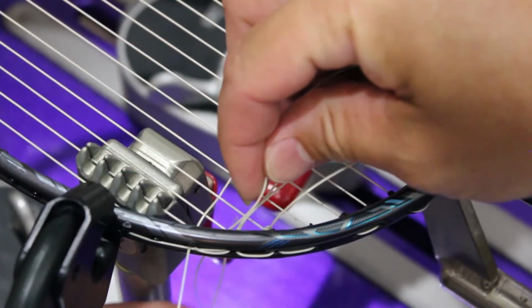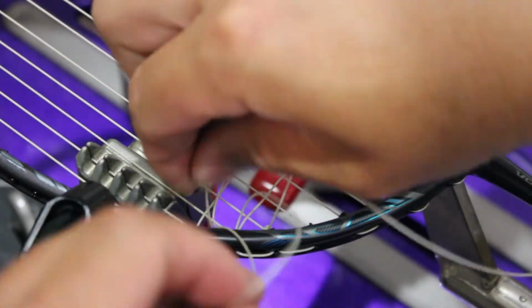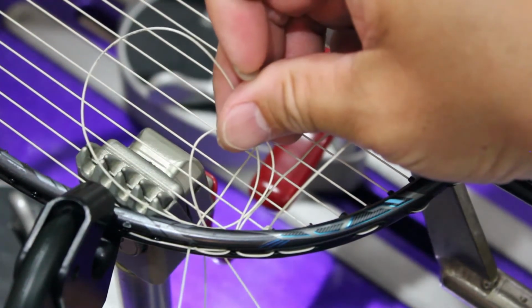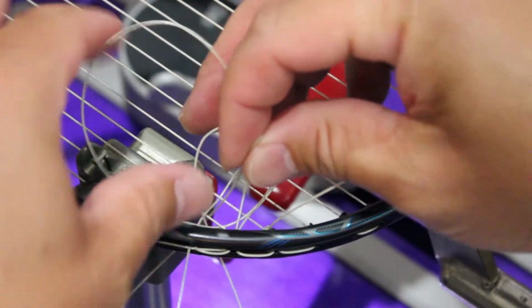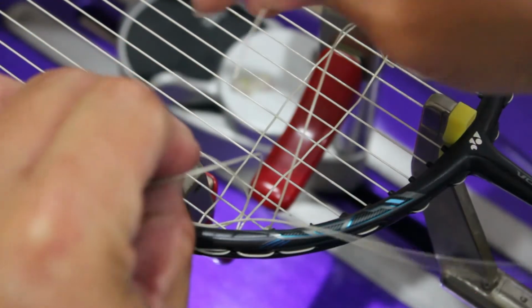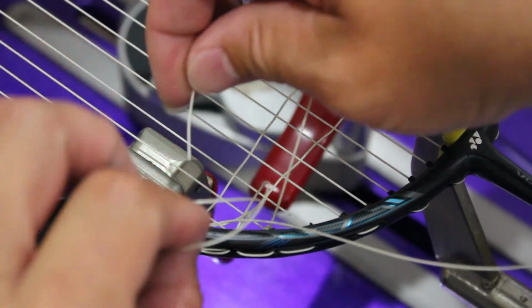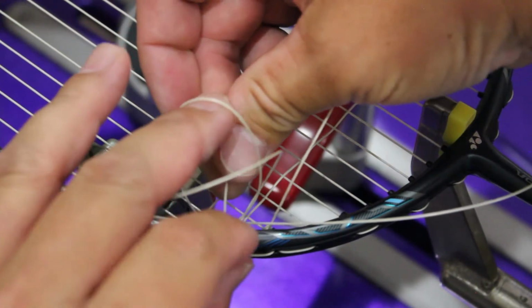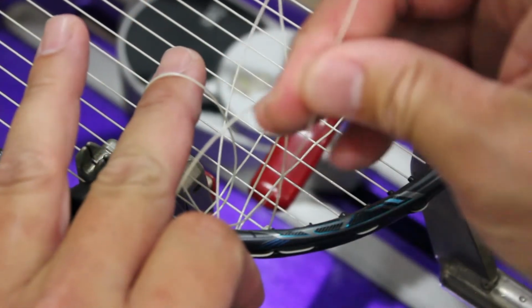First loop, second loop, go through the loops. My second loop is smaller. I'll pinch the first loop so I make sure I don't lose it. I'll let go, middle finger goes through the second loop, pinch the third loop, pull on the third loop,